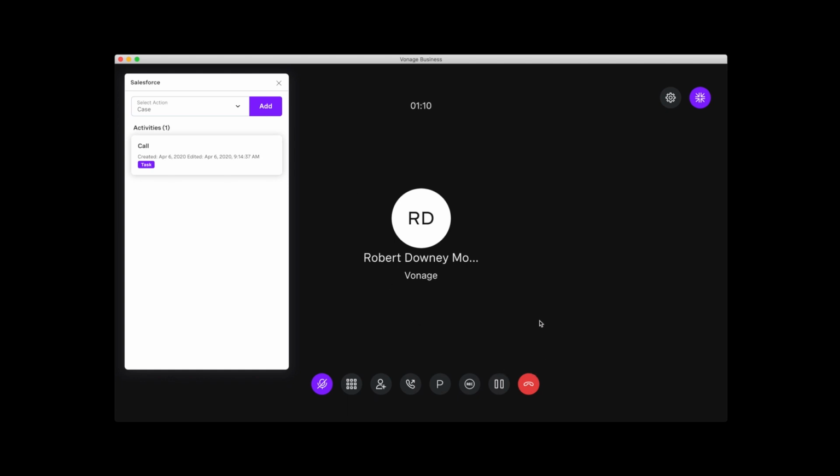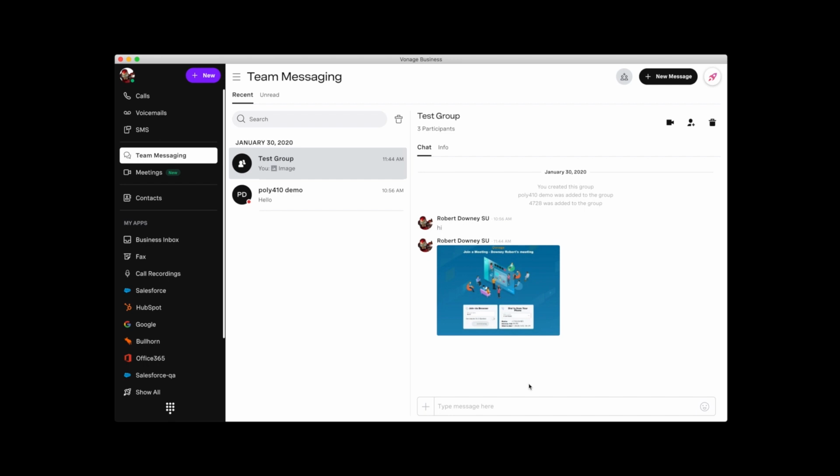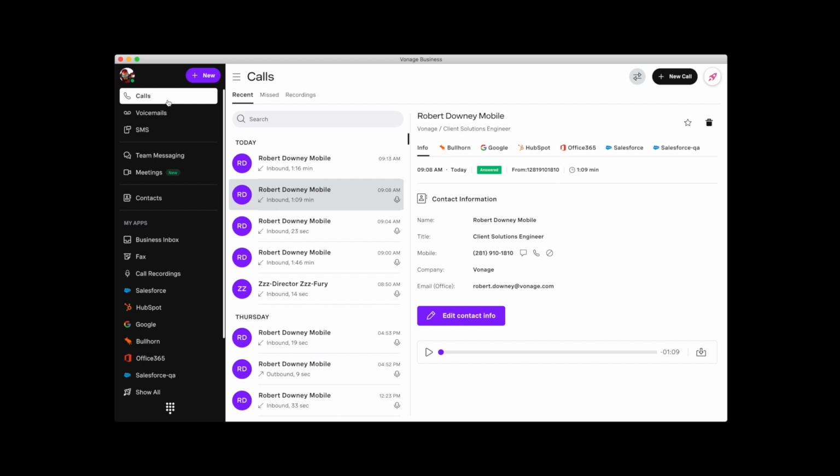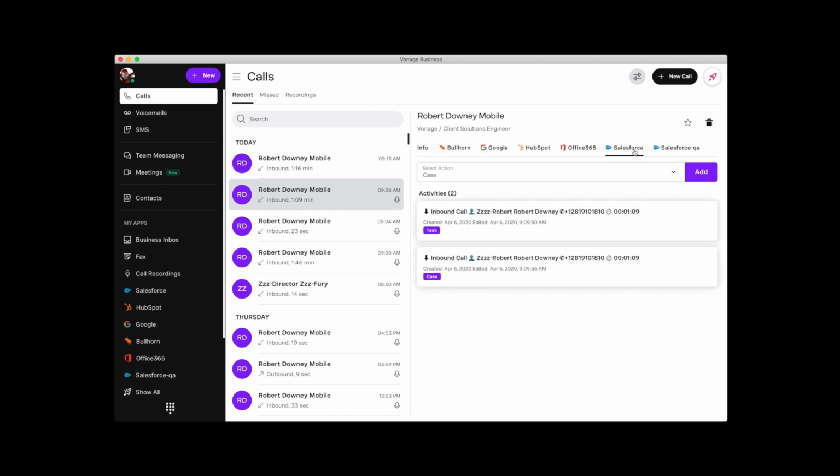It should also be noted that the auto capture will work even if you're using your mobile app for Vonage Business Communications. So now that I'm done, let me go ahead and end the call and go into my calling section. You'll see now that in my call history, I now have, in addition to their contact information, all of the CRM and productivity suites that I'm connected to up across the top right. By clicking on any of these, you can see the notes or tasks that have been captured in each of the productivity suites and CRMs individually.